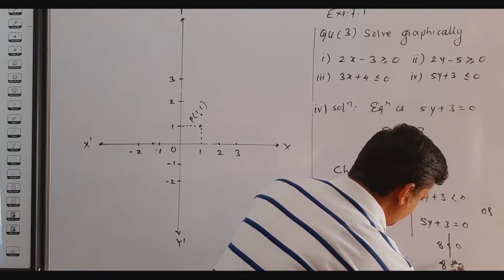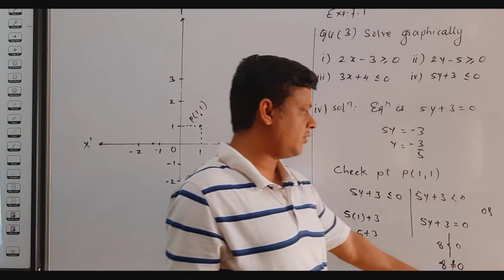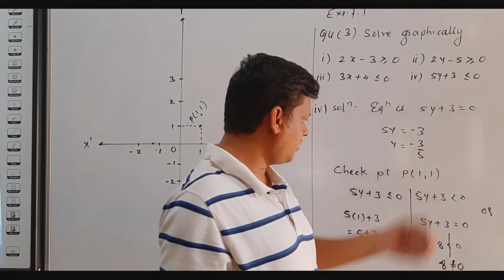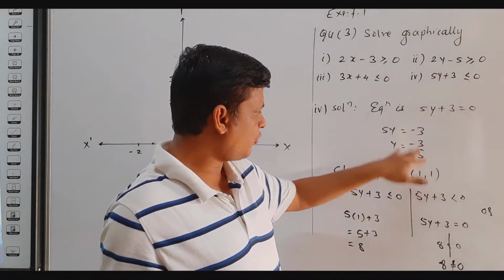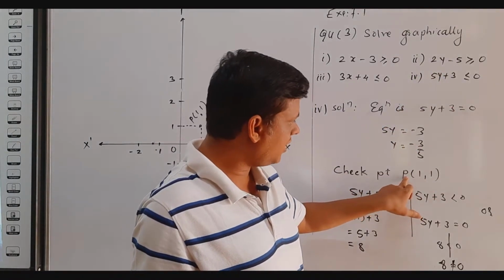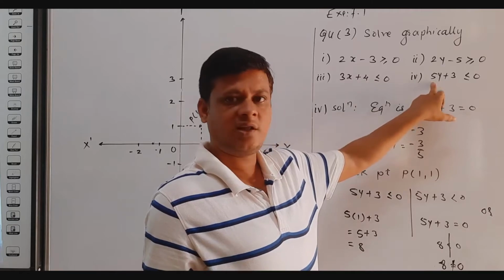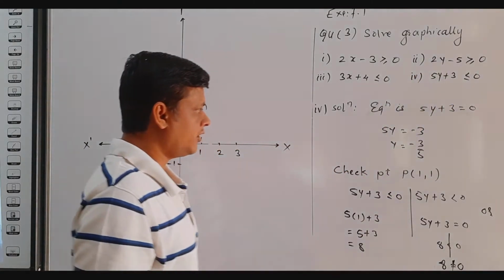8 is not equal to 0. So this point does not satisfy this inequation. That means this point does not lie in the solution set for this inequation. So first we draw a line